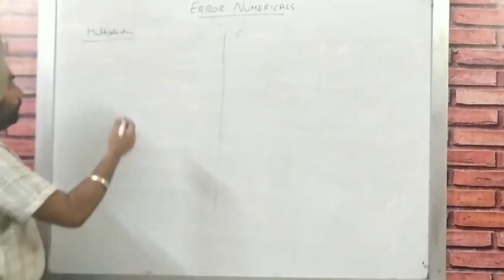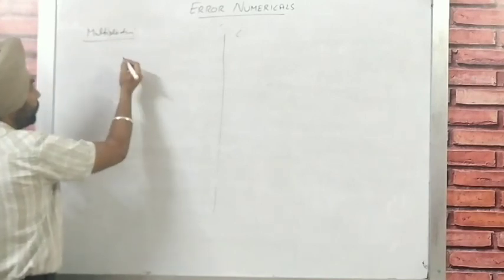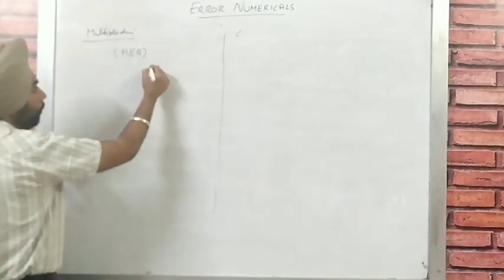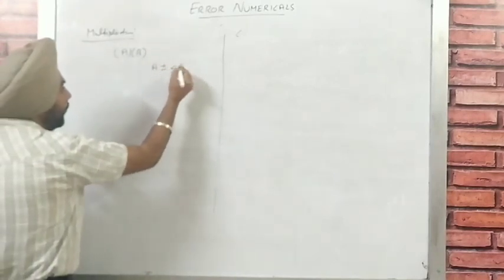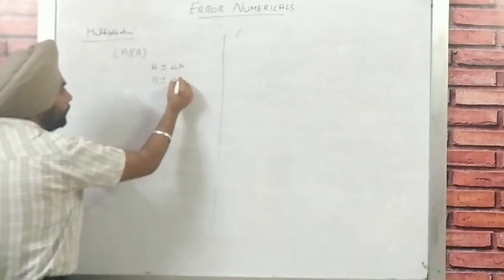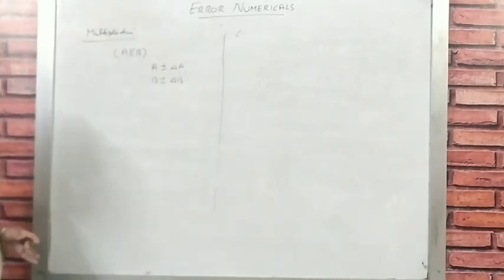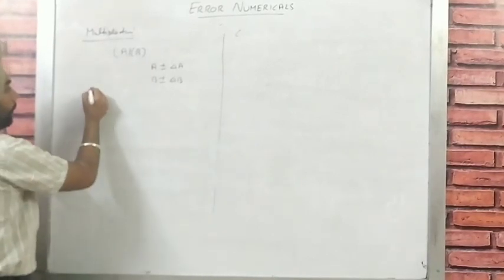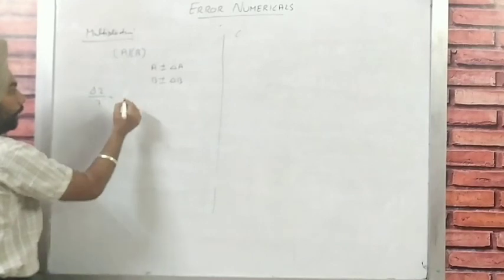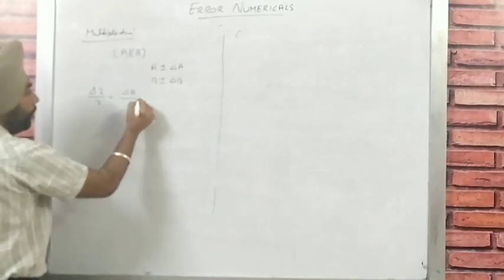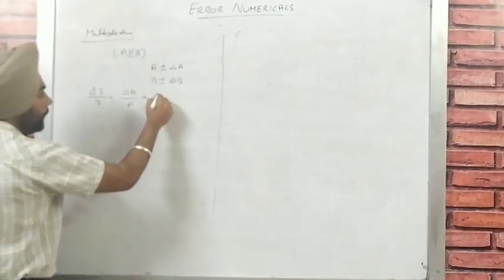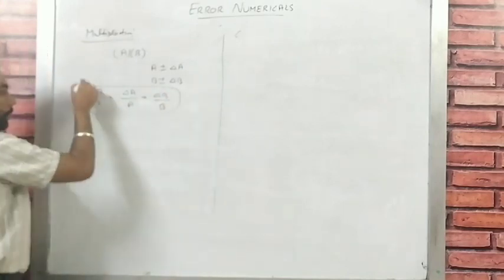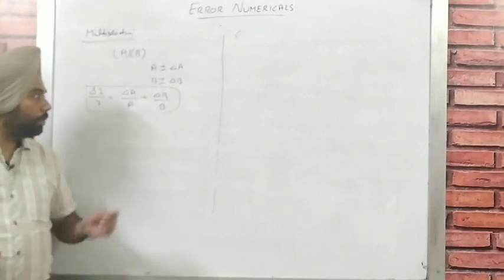So let's say the two values are such that A is going to multiply with B. Here the value of A is given as A plus minus delta A and B plus minus delta B. Now how can we solve that? If you want to multiply that, let's say the answer is z, then delta z upon z is going to be delta a upon a plus delta b upon b. That's how you can solve it in terms of relative errors. So it's going to be very easy.